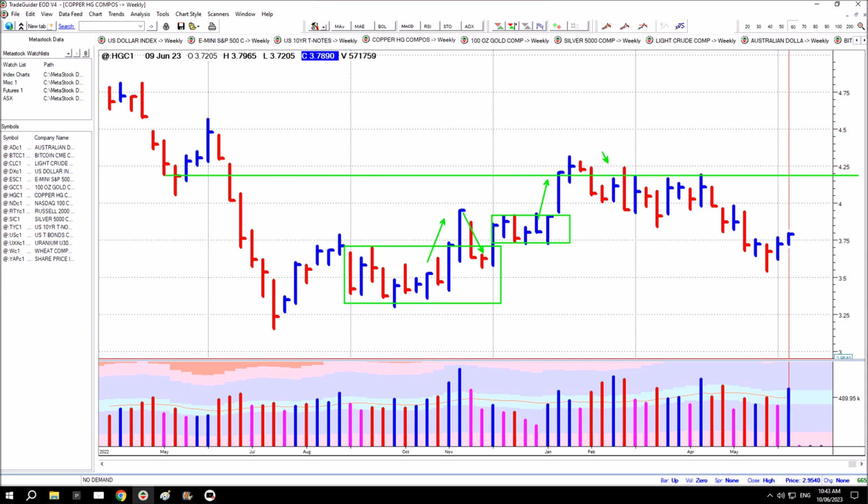You can see this has caused resistance. Price wasn't strong enough to break above it. There's a minor level through there as well, which sort of caught that high to some degree. Here's the lows of the range, and price attempted to hold on a few times but did eventually break down. The price has broken down. It found some support through here,